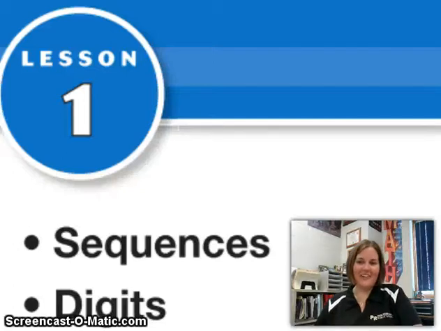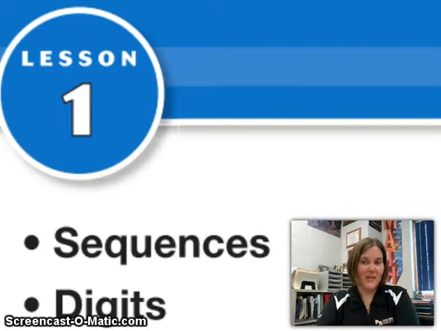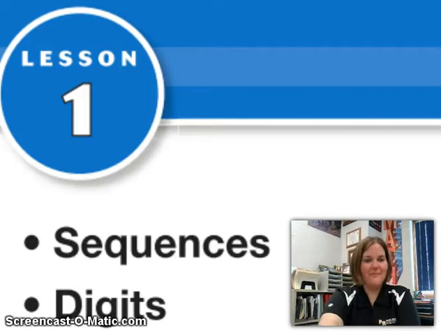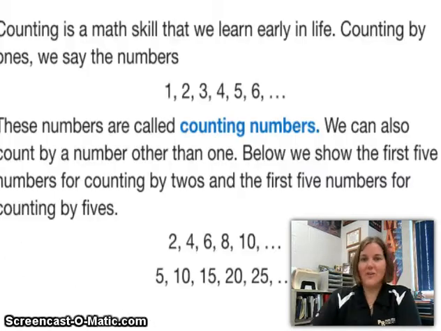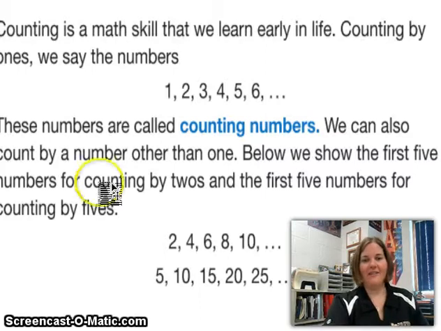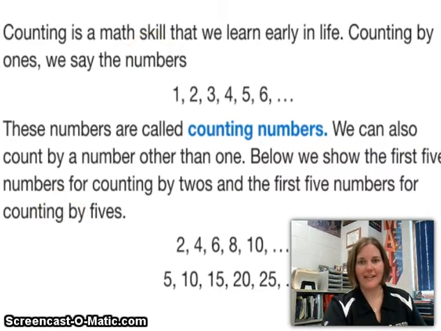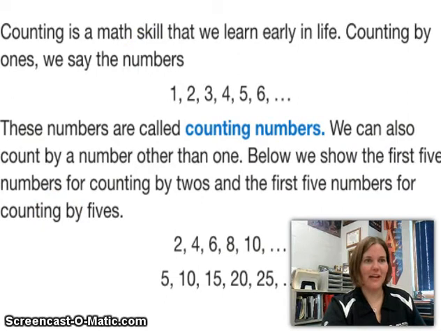Hi! Our learning target today for lesson 1 is actually 2 learning targets. We need to learn about sequences and about digits. So, sequences are not the sequins, not the bright sparkly things that are on clothes to make them look pretty,